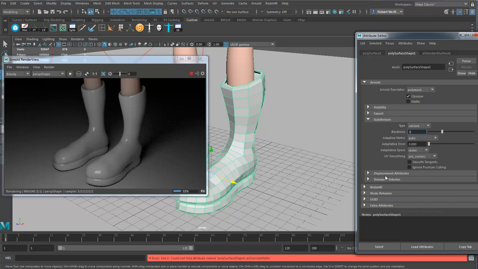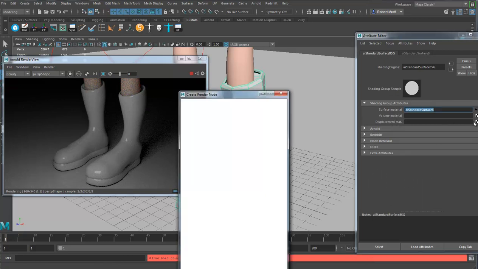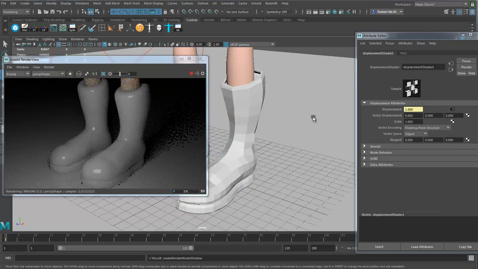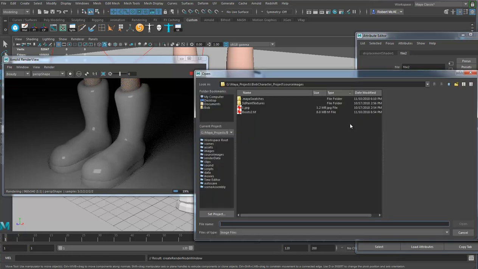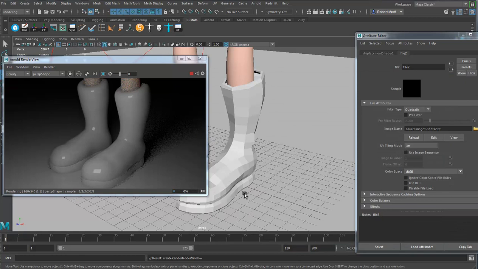So we got that. Now I'm just going to go to the material, and I just switched so I could get to the shader group. In the displacement material, I'm going to plug in a file texture. And nice, that's very nice. It looks like moon boots, those stupid boots I had to wear in grade 6. I'm going to go here and look for that TIFF. There it is. And we'll pop it on. And, like magic,